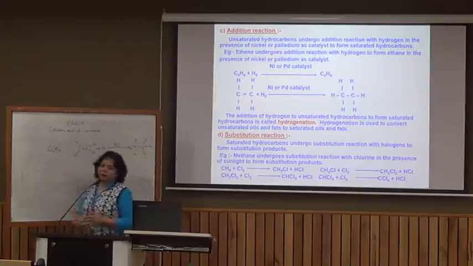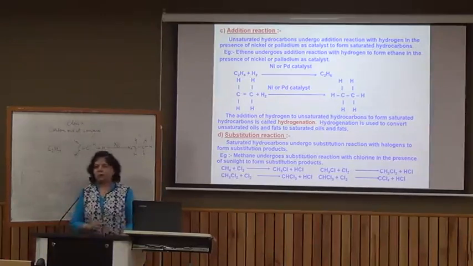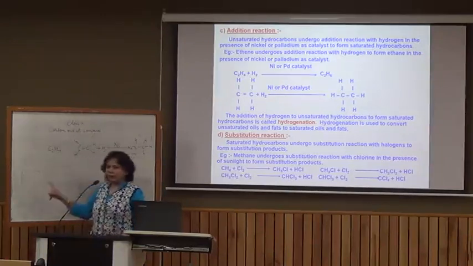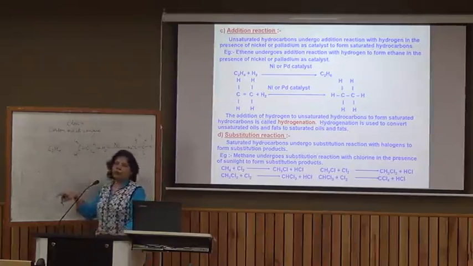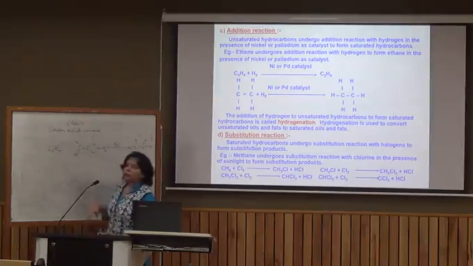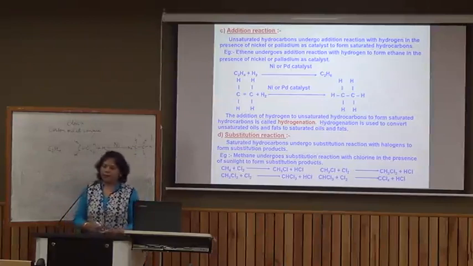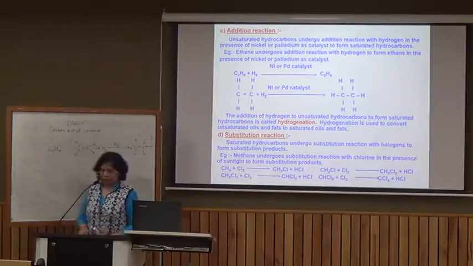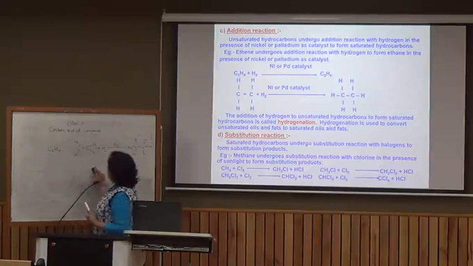gets added across a double bond or a triple bond, we call addition reaction, and as I told you, unsaturated carbon compounds undergo addition. This particular addition of hydrogen we call hydrogenation, and it is used to prepare vanaspati ghee from vegetable oil. Another point is